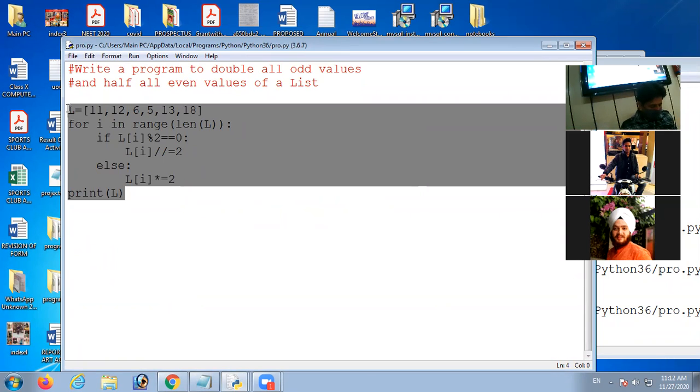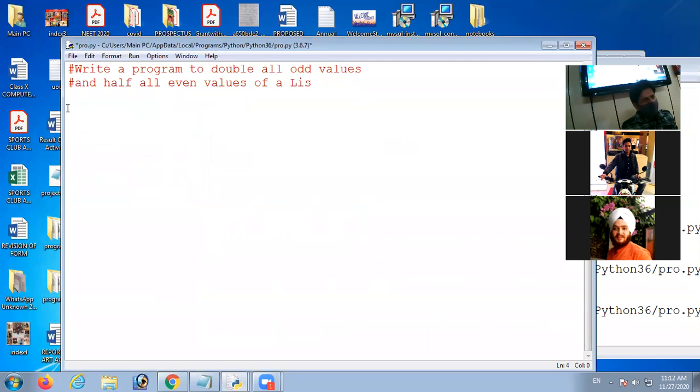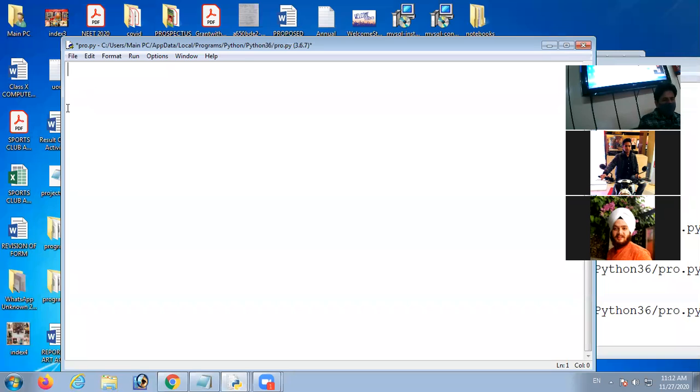Now the next topic is tuple. There is only one difference between list and tuple: a tuple is a sequence, but moreover it is immutable in nature. Immutable in nature means we can't change the value of a tuple element. Look at here,